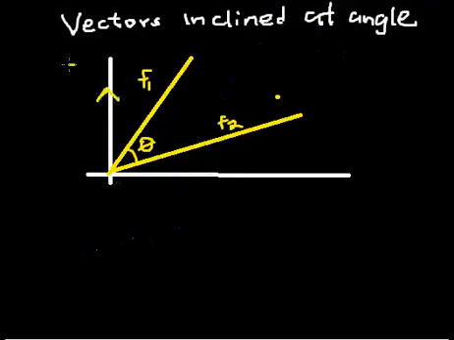Of course you know that the vertical is Fy and the horizontal is Fx. So if you're asked to evaluate the resultant of these two vectors, F1 and F2, inclined at an angle to each other,